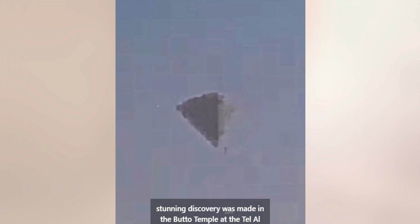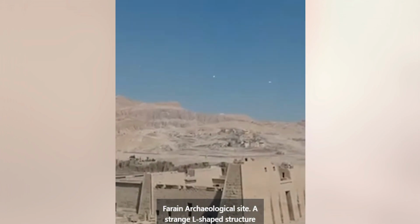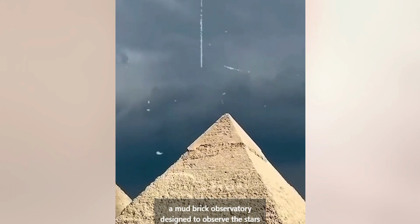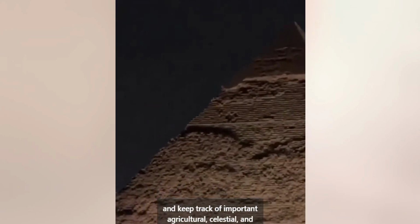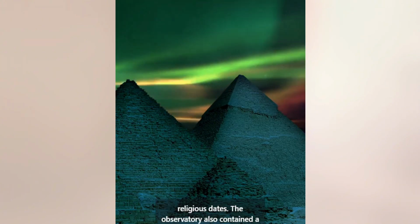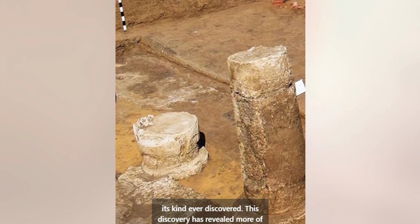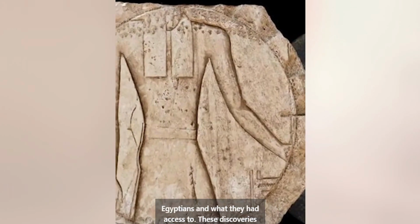This year, a stunning discovery was made in the Buto Temple at the Tel El Farain archaeological site. A strange L-shaped structure which initially seemed to have no purpose. It turned out to be a mud brick observatory designed to observe the stars and keep track of important agricultural, celestial, and religious dates. The observatory also contained a very large slanted stone sundial, one of the largest of its kind ever discovered. This discovery has revealed more of the incredible knowledge and sophistication of the ancient Egyptians and what